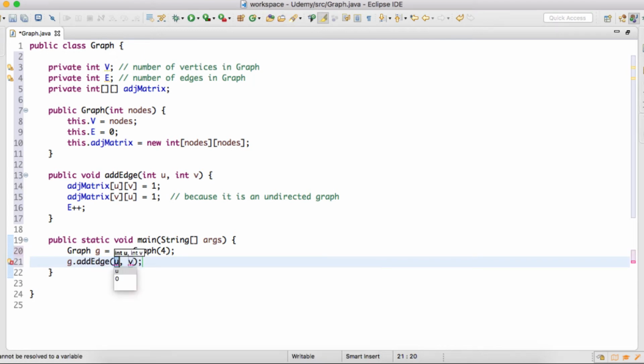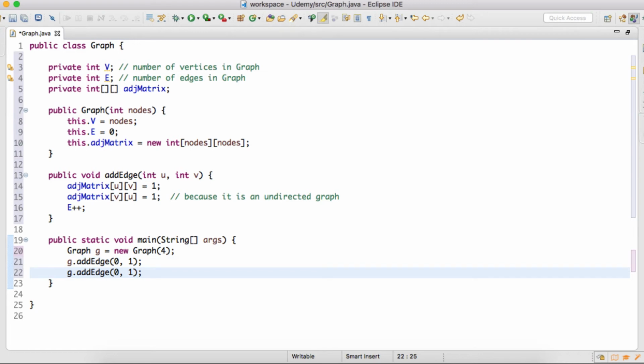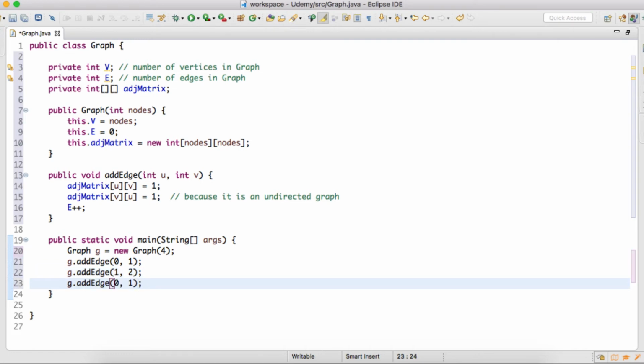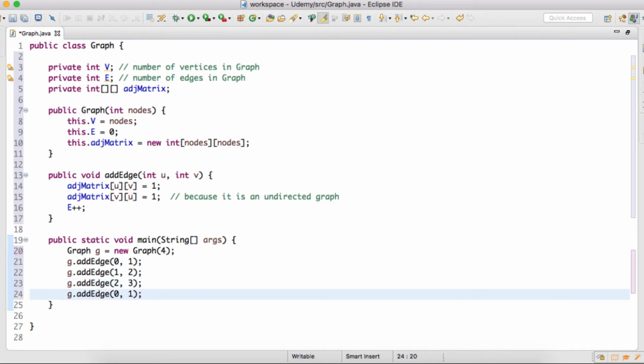We'll add an edge from 0 to 1, then from 1 to 2, then from 2 to 3, and finally from 3 to 0. So here we have added 4 edges which we saw in the slide of our previous tutorial.